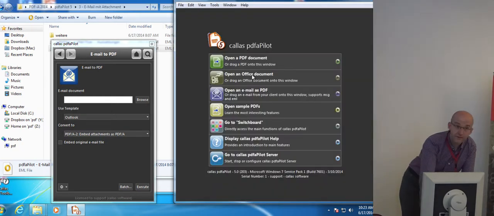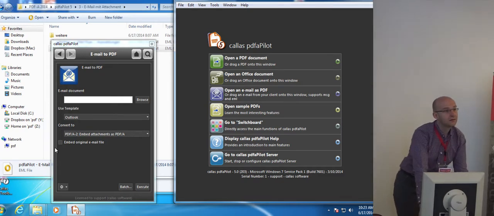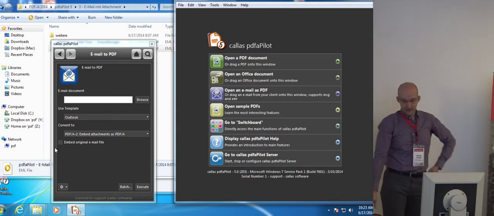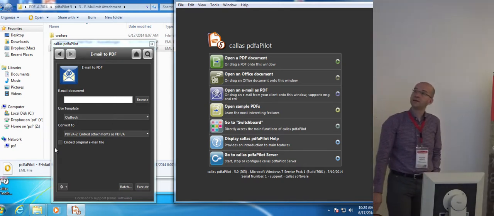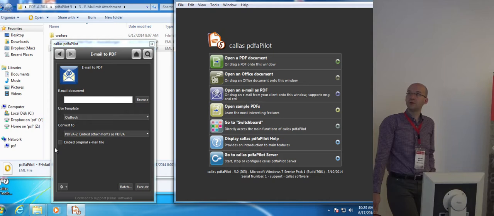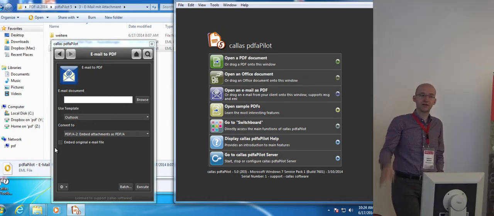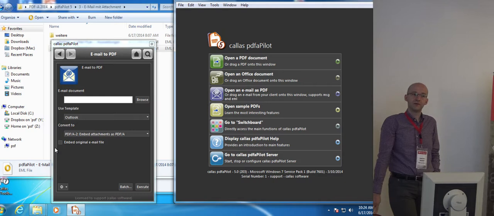May I ask you? Yeah, of course. When you convert to PDF revision 2, so you can have only PDF-based attachments, how do you handle attachments such as zip files or files that cannot be converted to PDF directly? This depends. In the normal user desktop version, I'm not sure at the moment, I think we skip them and show an error warning at the end that not all attachments can be included.